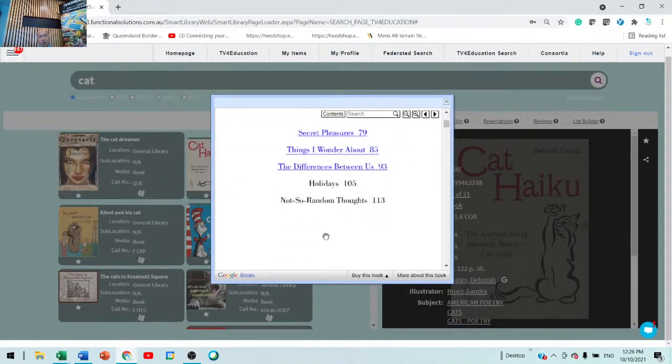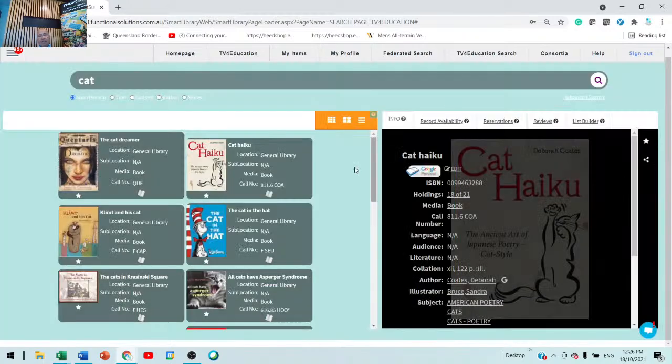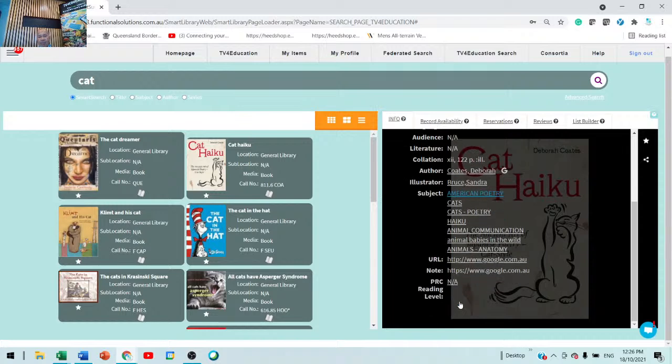So enjoy the Google preview. It's all stock standard part of Smart Suite. Okay. The next thing we're going to do is I'm looking at this and we go,